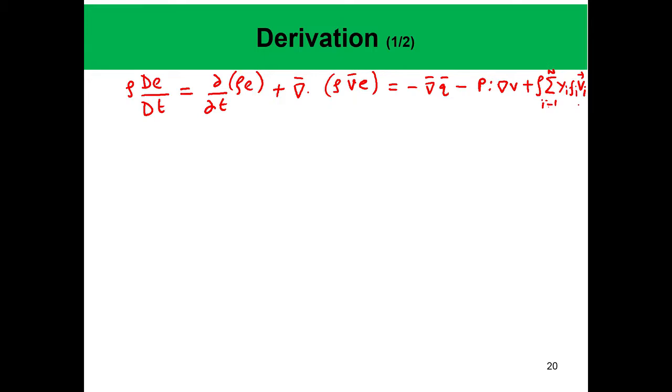Now, what are the terms we can get rid of? Of course, we assume that there is no body force, so this goes to 0. This can be shown to become simply P times the divergence of V, where P is essentially a scalar. All right. So, then this becomes